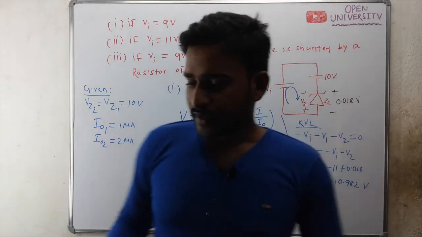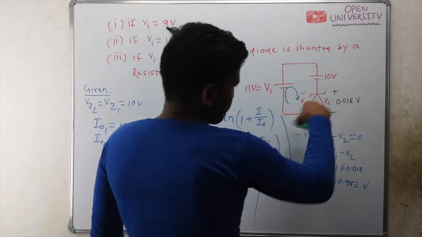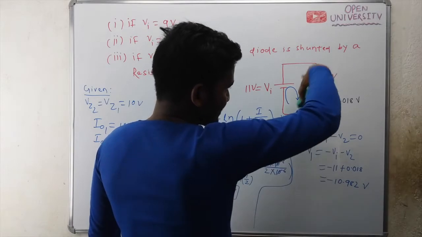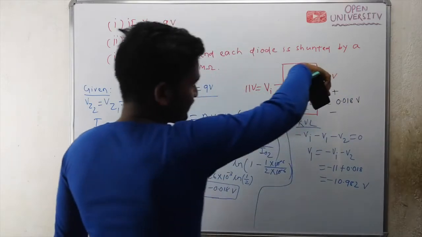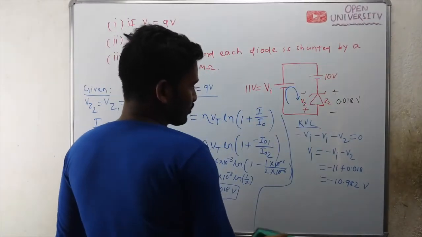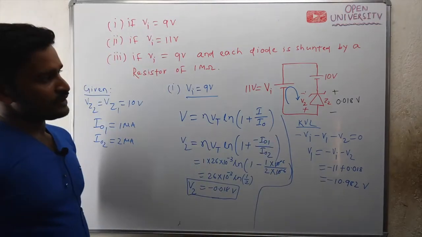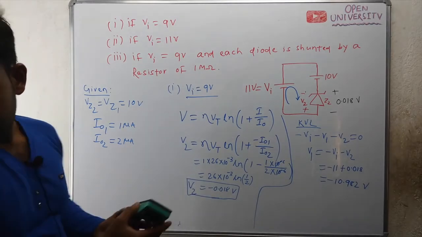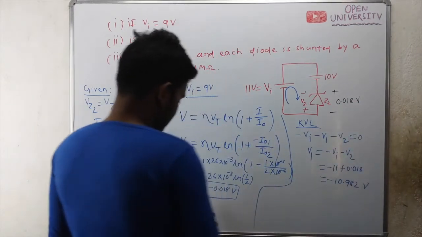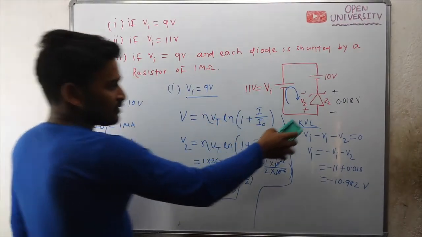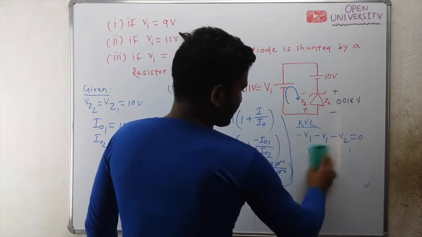Now, after finding out the voltage across each diode, since Z1 is in breakdown, I am replacing Z1 with a voltage source of 10 volt. Now you apply KVL in this loop to find out the voltage across V2, because this was the voltage we were directly finding out by applying KVL. So now again check what is V2. Recalculate the V2 value again.